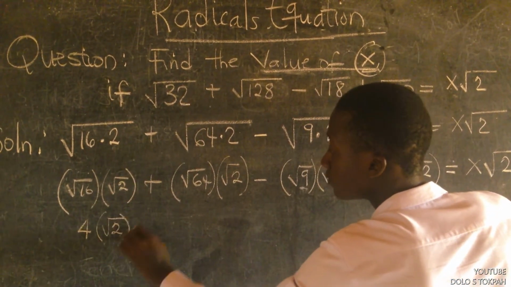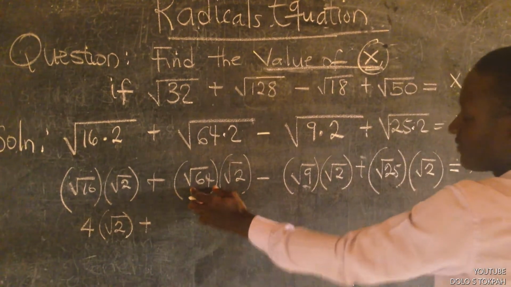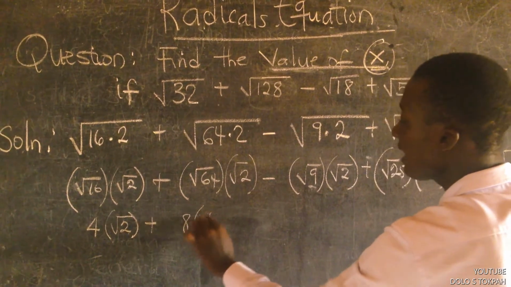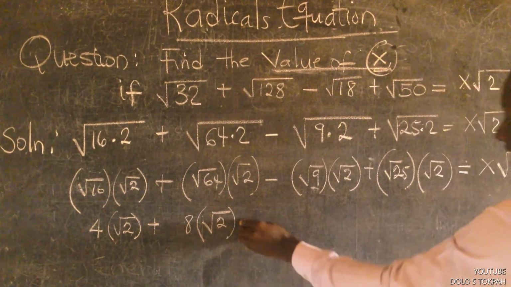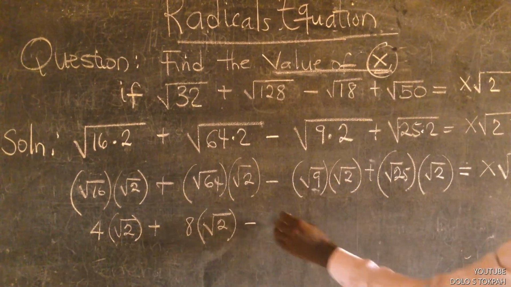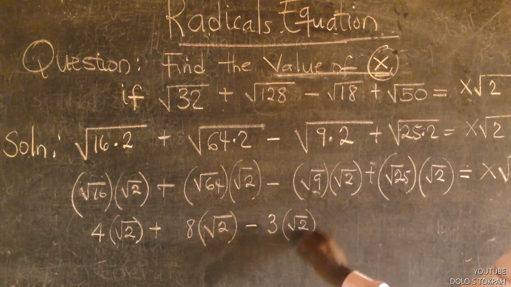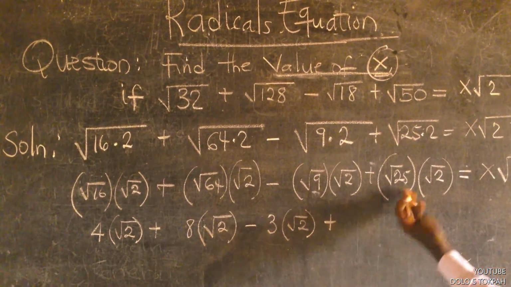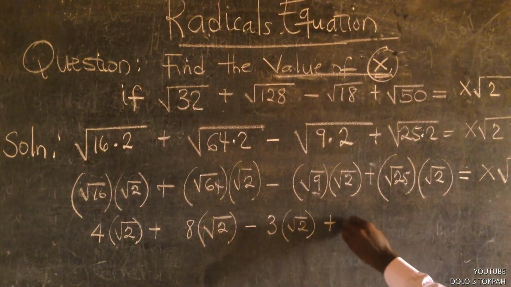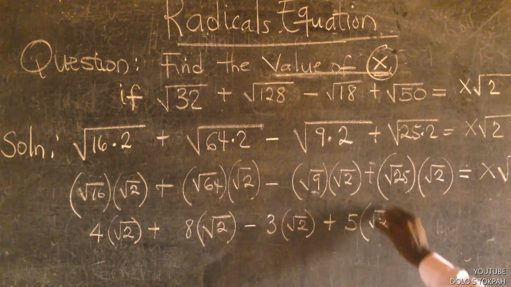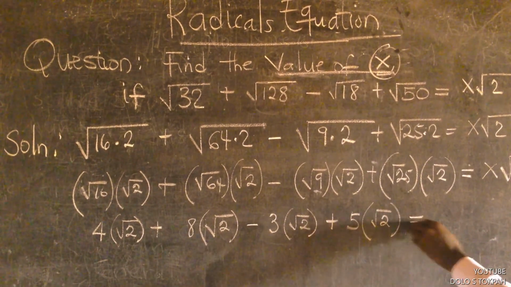The perfect square root of 64 is 8, and this remains in the parentheses. The next one is 9, the perfect square root of this is 3, and it remains in the parentheses. And the last one, which is 25, also comes out as 5, and the 2 remains in the parentheses. All of them here will be equal to root